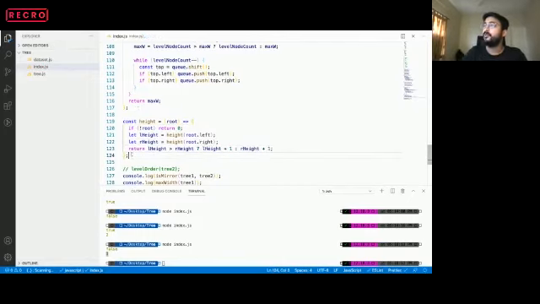Now, can someone tell me, in order to find the height, which traversal we are using over here? Is it in-order? Is it pre-order? Is it post-order? Is it level order? You can write your answer in the chat section.